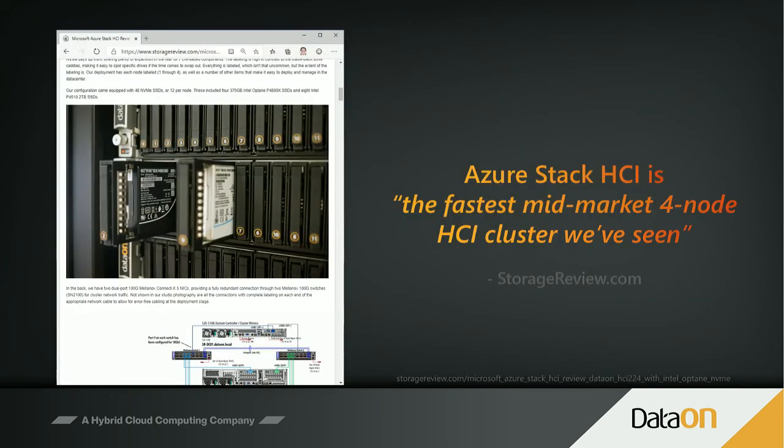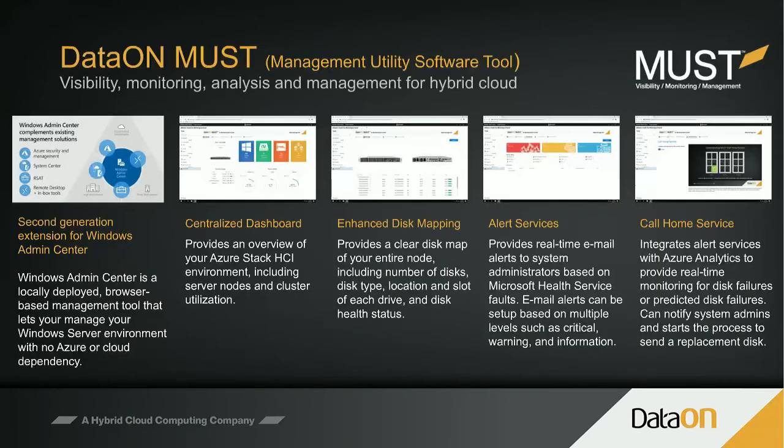And as mentioned earlier, from a performance perspective, StorageReview did testing with Microsoft Azure Stack HCI using DataON servers and Intel drives, and their conclusion was that it was the fastest mid-market 4-node HCI cluster they have ever seen. And I encourage you to take a look at that article. And one of the last things before handing back to Howard is